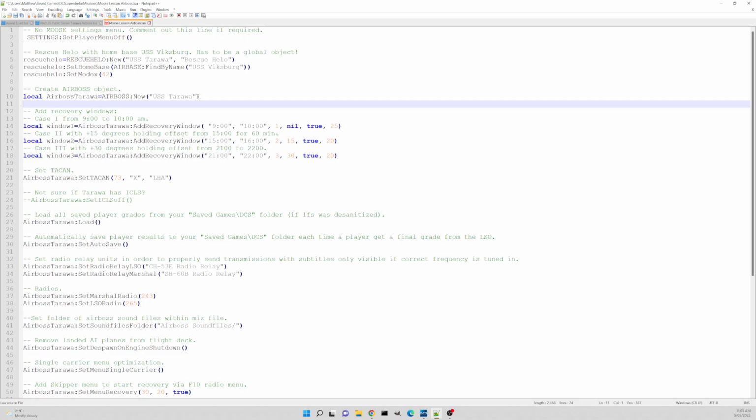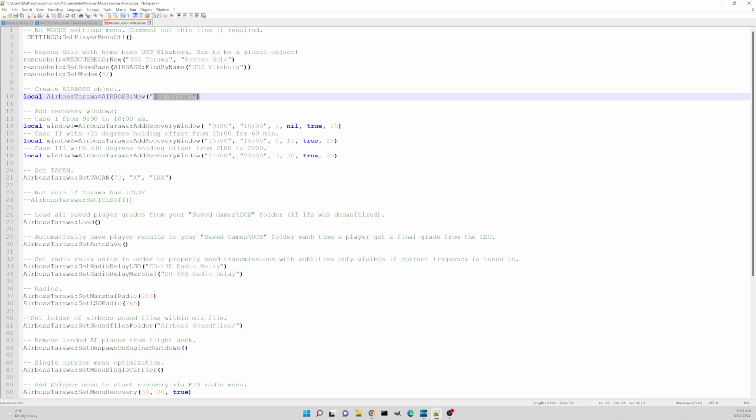So this creates the Tarawa, the Airbus object using the USS Tarawa. So that is the unit name, not the group name. Some recovery windows that will start automatically at 9 AM, finish at 10, so 1 hour long. That's nil offset, 15, 30 degree offsets, speeds, U-turns. Anyway, all those instructions for this are located